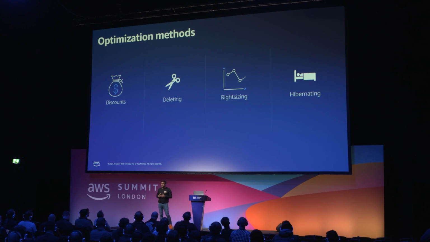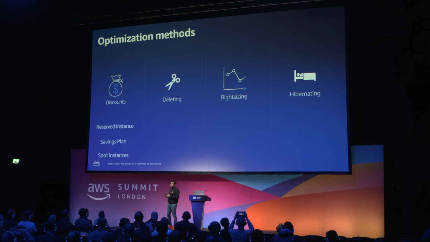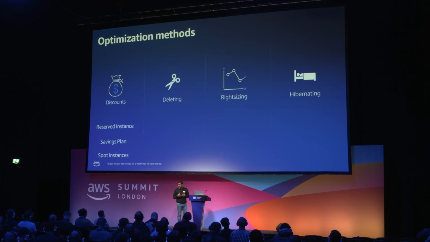So what are those optimization methods which can help you to reduce your cloud cost without impacting the business value of your resources? The first thing we will look at is discounts. Within discounts, there are multiple levers you can pull, which are Savings Plans and Reserved Instances. This is a discount model that helps you reduce your cloud cost associated with individual resources. If you have a stateless or a fault-tolerant workload, you could also leverage Spot Instances, which could provide further cost reduction on your EC2 instances.